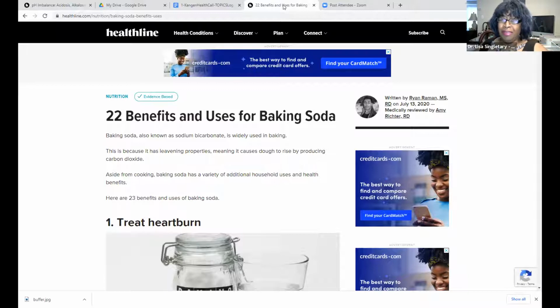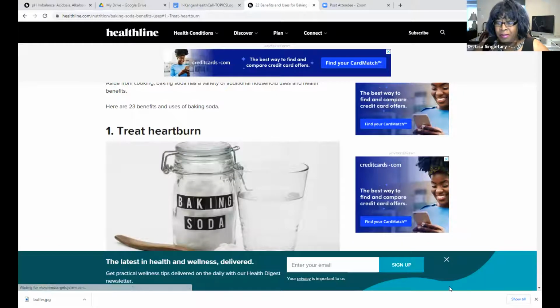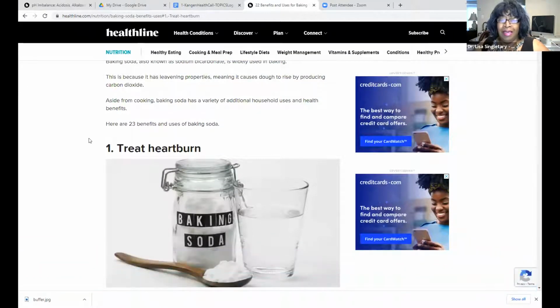And I just want to make sure we understand that sodium bicarbonate is not the same as the bicarbonate that the body uses in that buffer system. But I also want to give you another perspective on this. So the number one use they put up here for sodium bicarbonate is to treat heartburn. Actually, we've talked about this on the call. This is not necessarily the way you want to go,